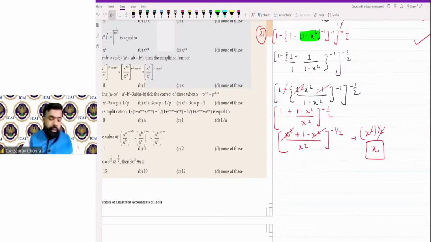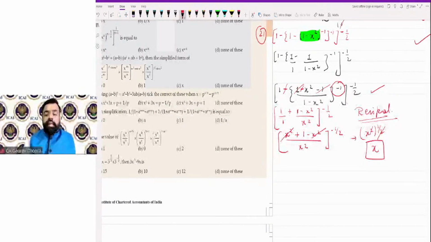Vidisha says, please explain the third step of this 21. See, in this third step, we have taken the LCM. After taking the LCM, 1 and 1 got cancelled here. Then since the power is negative, in the next step we did the reciprocal. Whenever the power is negative, you have to do the reciprocal. So we have done the reciprocal. After reciprocal, we have again taken the LCM, and this time x square and negative x square will get cancelled. Then power is again negative. Again do the reciprocal. 2 and 2 will get cancelled, and what is left? Only x to the power of 1. That is x.